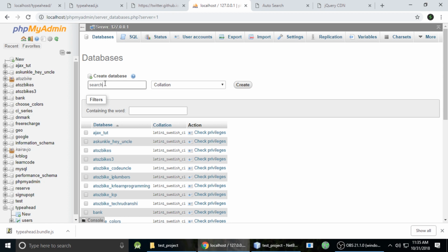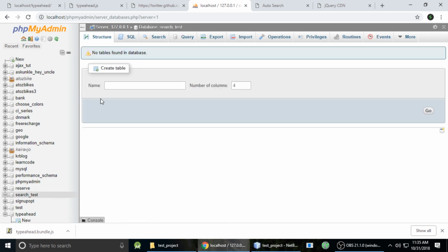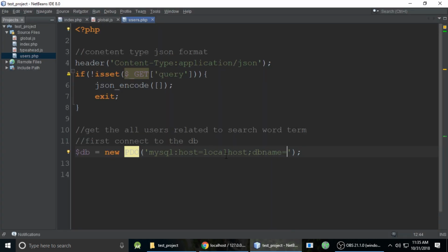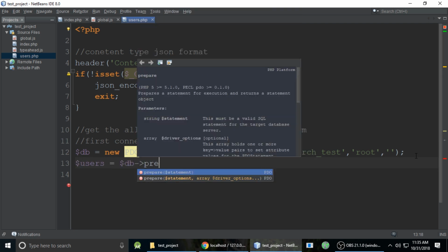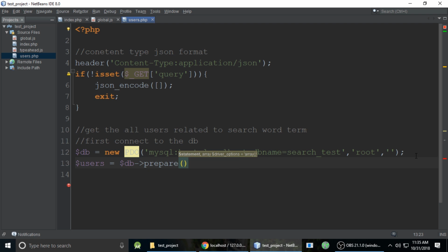This is test, okay, create test, and continue. So just copy this name and paste it here, and the next parameter is the username, and last is the password. We don't have a password for our database,